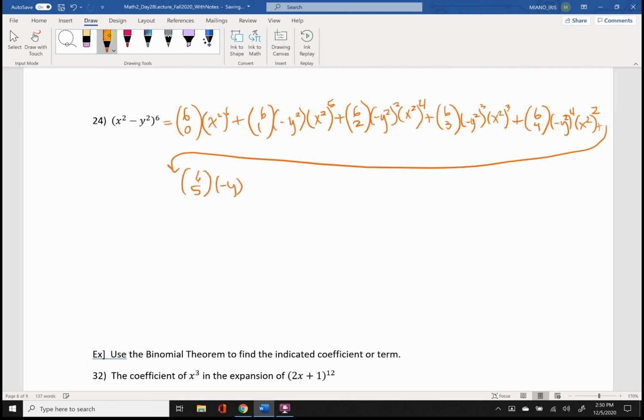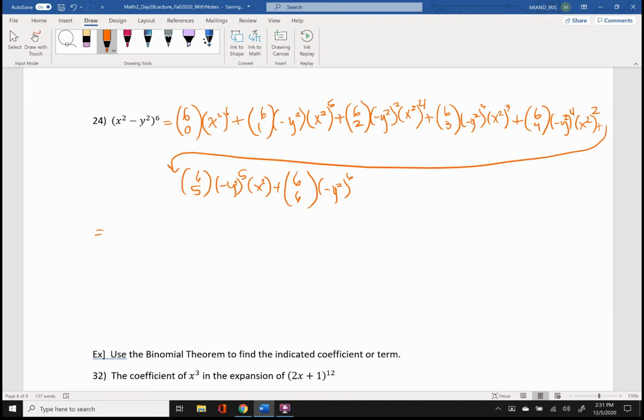Negative y squared to the 5th power, x squared just by itself, plus, and here's the last term. You know you're at the last term because the binomial coefficient is the same number in both positions. Negative y squared to the 6th power, and no x component there. Okay, so then that'll equal